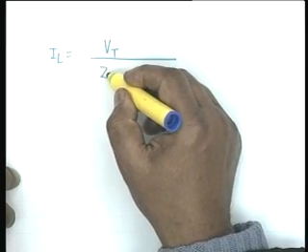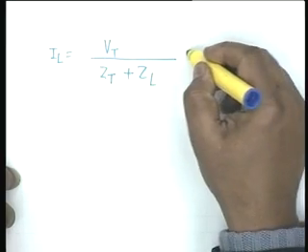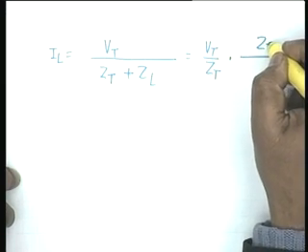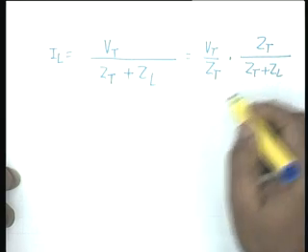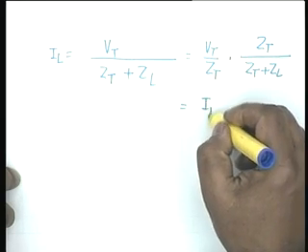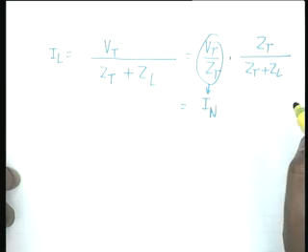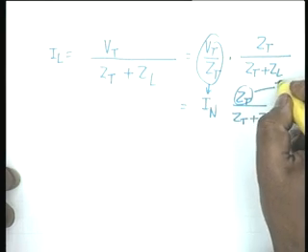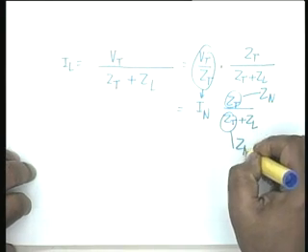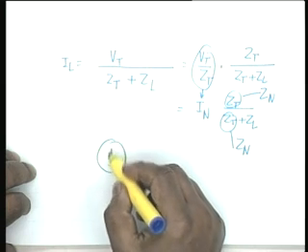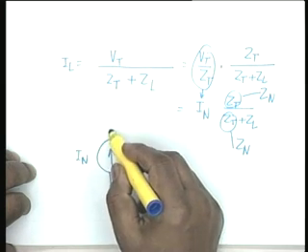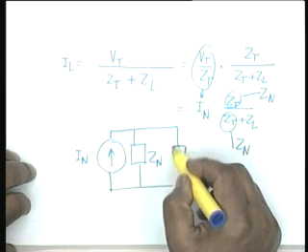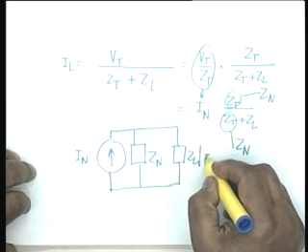Look at this derivation of Norton's theorem from Thevenin's. By Thevenin's you get I L equal to V T divided by Z T plus Z L, and we wrote this as V T by Z T multiplied by Z T by Z T plus Z L. If you call V T by Z T as I N, and you call Z T as Z N, then the equivalent circuit becomes a source I N, then a parallel combination of Z N and Z L, which indeed is Norton's theorem.